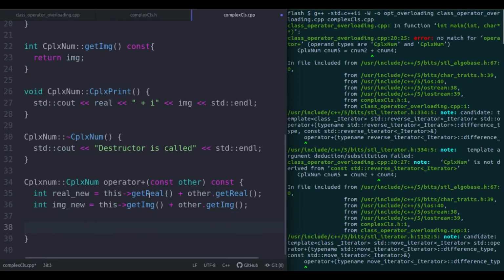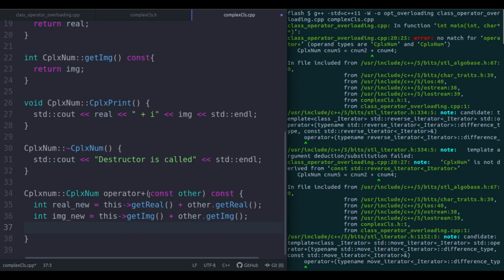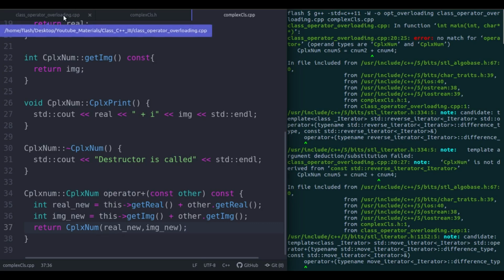Okay, so now that we have the new real and imaginary value of the return type complex number variable, we just need to return a complex number type object whose real part is real_new and the imaginary part is img_new, and that is it. So we now have the plus operator overloaded for this complex num class,